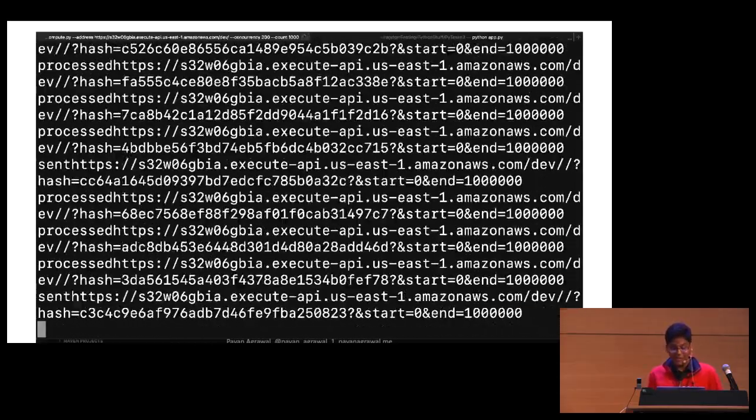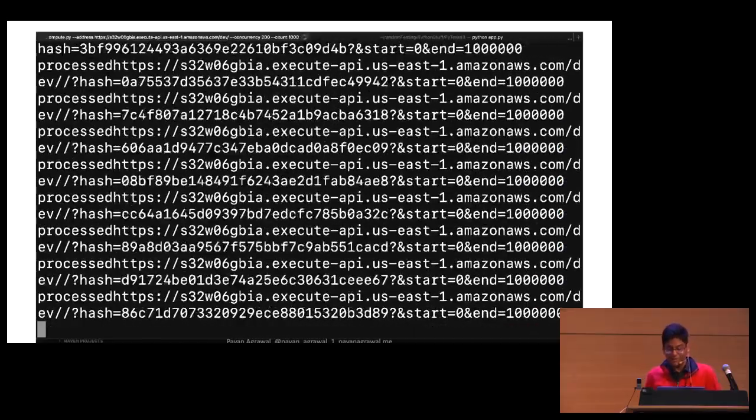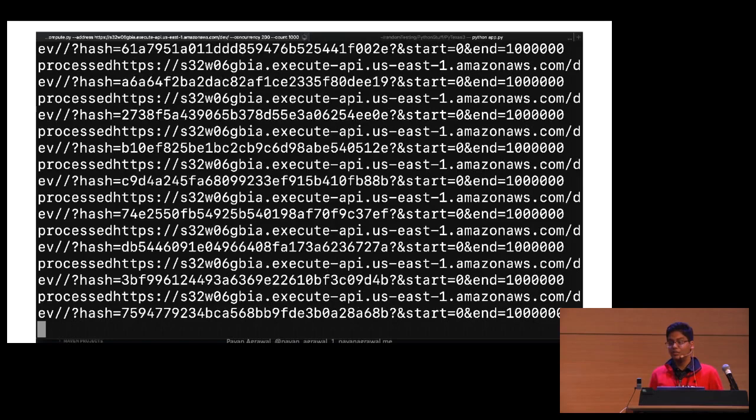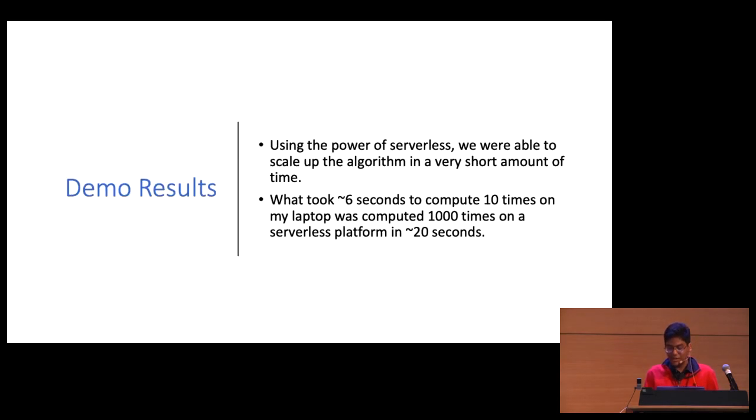In total, it's going to take 21 seconds to break these 1,000 hashes, and this is with changing literally nothing with my code. AWS is just scaling out all these instances for me invisibly. This really shows the power of the horizontal scaling AWS Lambda is offering to the application I've deployed. What took 6 seconds to compute 10 times on my laptop was computed 1,000 times in the cloud in less